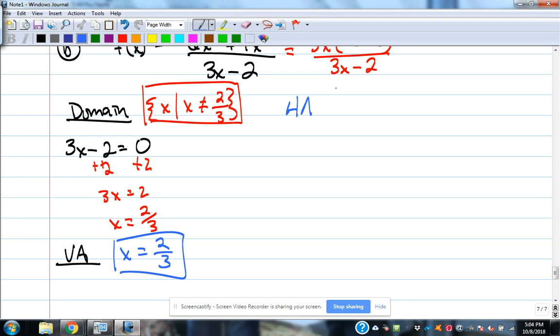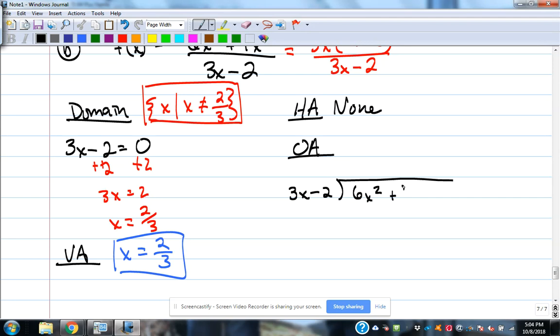What do we know about horizontal asymptote? It doesn't have any. That's good. We can go straight to oblique asymptote. So to get that oblique, we've got to do that nasty long division. So we're taking 3x minus 2 into 6x squared plus 9x, and I'm going to put a plus 0 on the end because I figure I'll need it to get to that